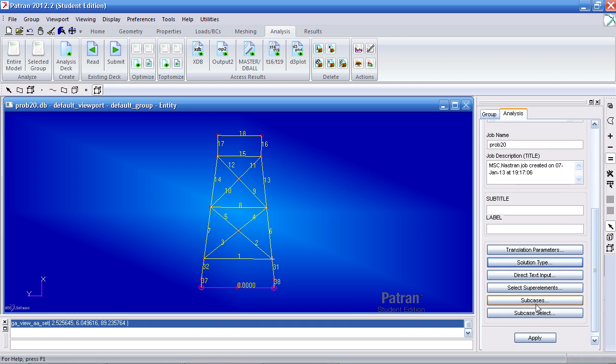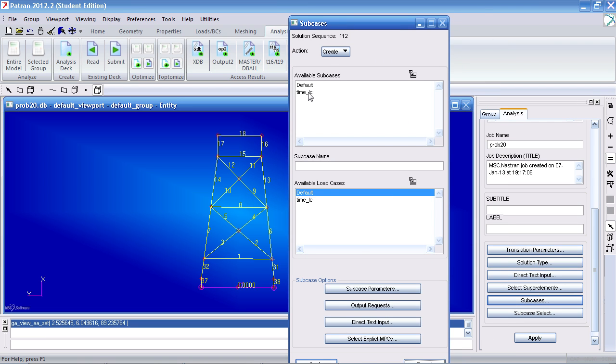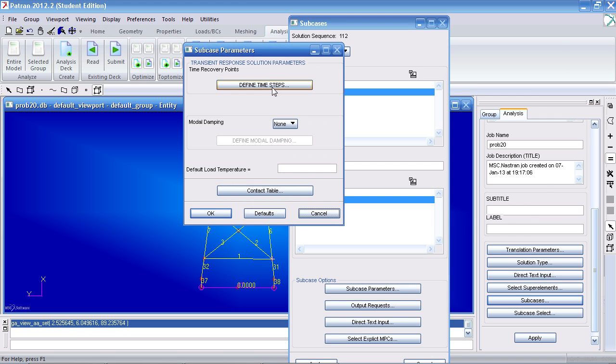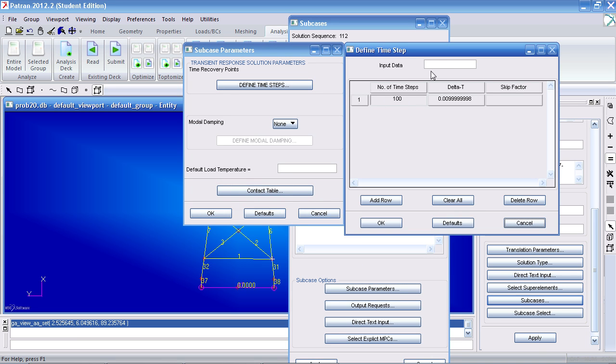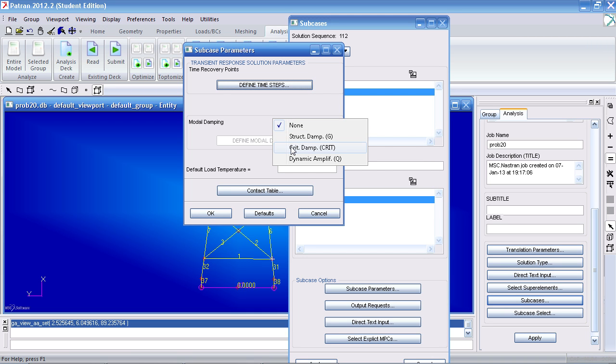Scroll down and click subcases. Here, select the time LC subcase. Make sure it's dropped into this box. And under subcase parameters, go to define time steps. For the number of time steps, type in 280. For delta t, type in 0.01 and make sure it says 280 and 0.01 here. Hit OK. Under modal damping, switch this to critical damping,